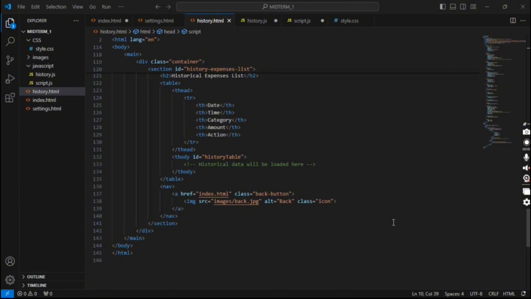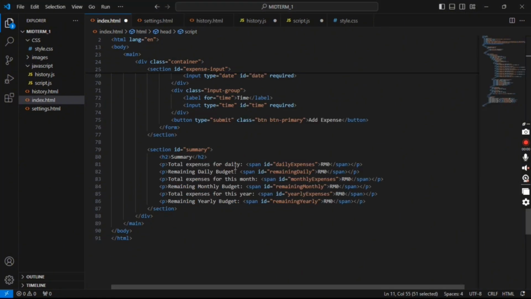In our expense tracker application, users can view their historical expenses to gain insight into their spending habits over time. Let's explore how we display historical data in our application. In our history.html, the header is historical expenses list that consists of date, time, category, amount, and action. And historical data will be loaded. This pattern allows users to easily navigate back to the previous page, which is